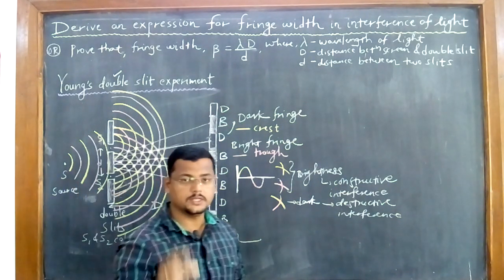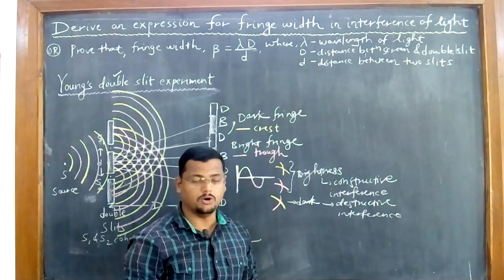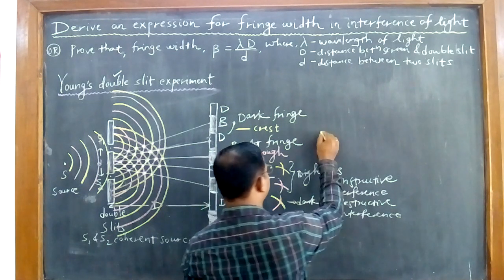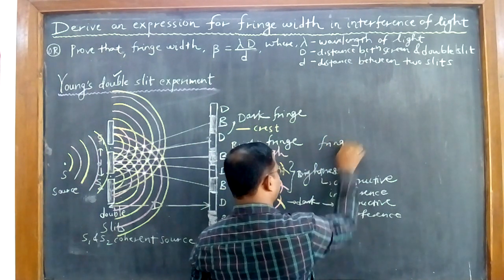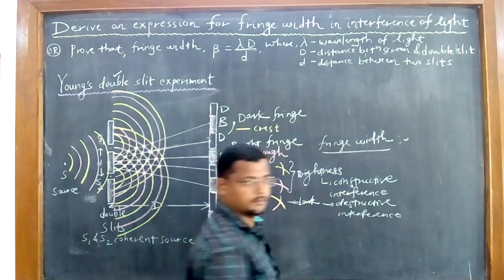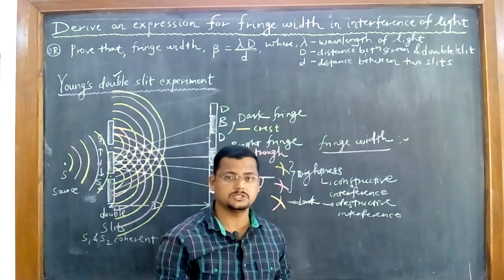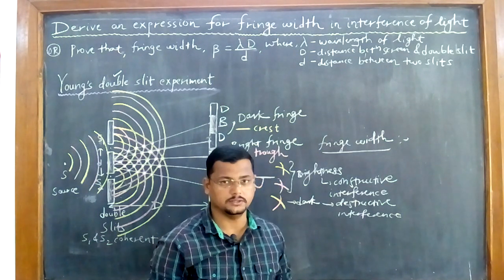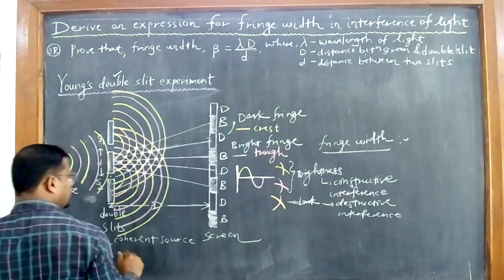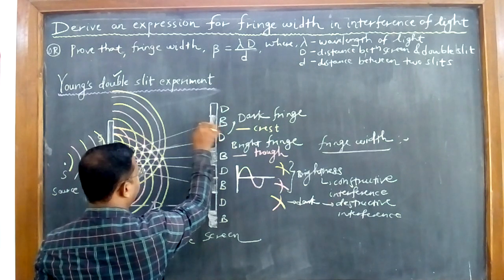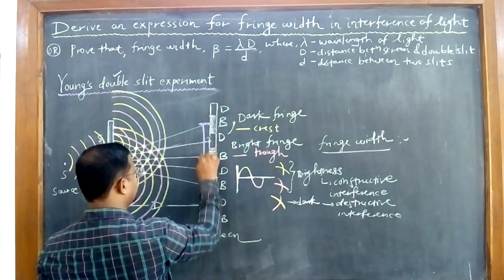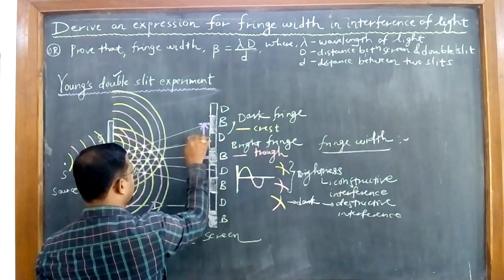Now the distance between successive brightness or the successive darkness is called fringe width, or I can write, the fringe width can be defined as the difference between two successive bright fringes or the two successive dark fringes. Difference you call or distance you call. If I write like this here, just look at the board. This is beta, beta means what here? Both are the successive bright fringes. So the distance between them is called beta.